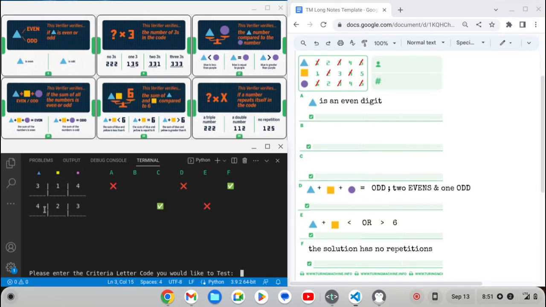We were still fortunate to discover that 4 is greater than 3, so triangle is greater than circle. So let's go ahead and type that up in section C. And again, that is that triangle is greater